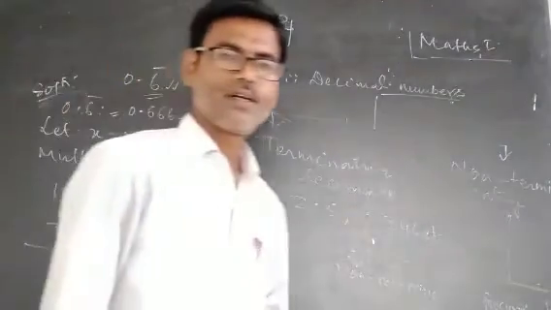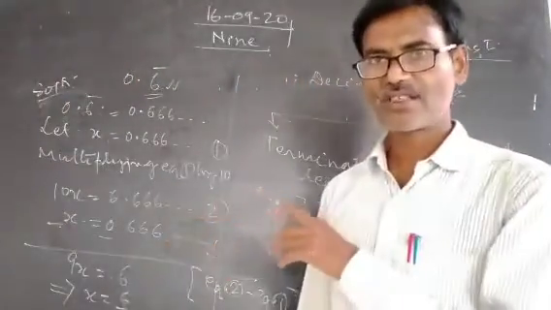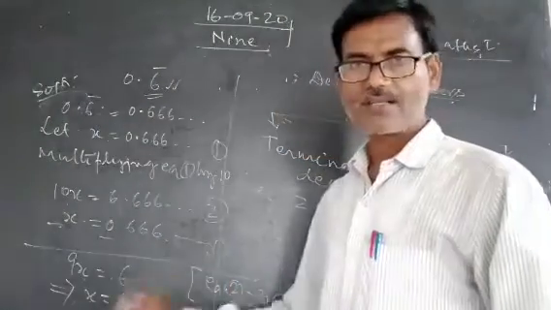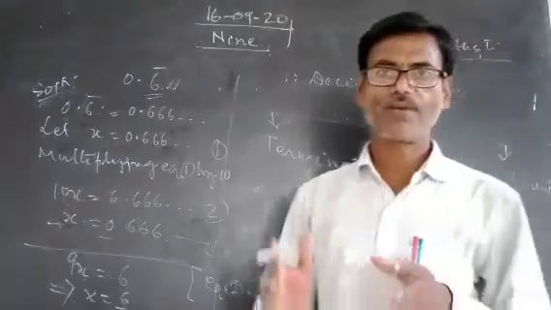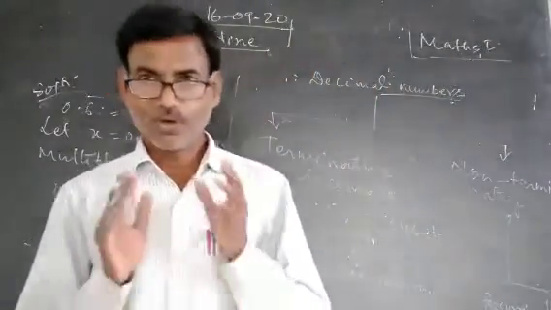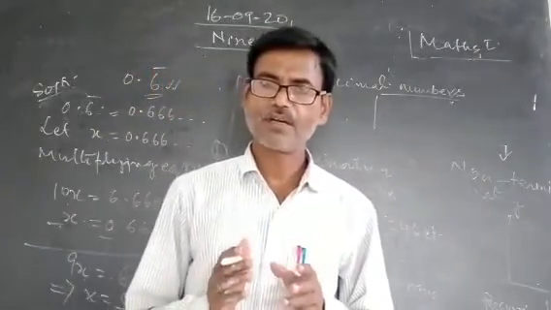In this way, 0.6 recurring is converted into a rational number. I hope you have understood the procedure for converting a pure recurring